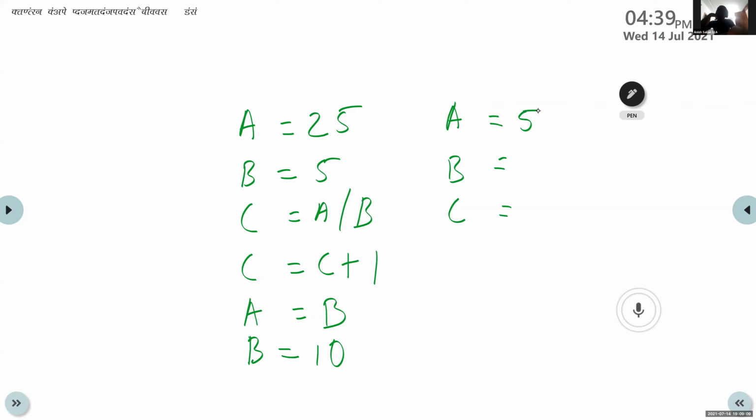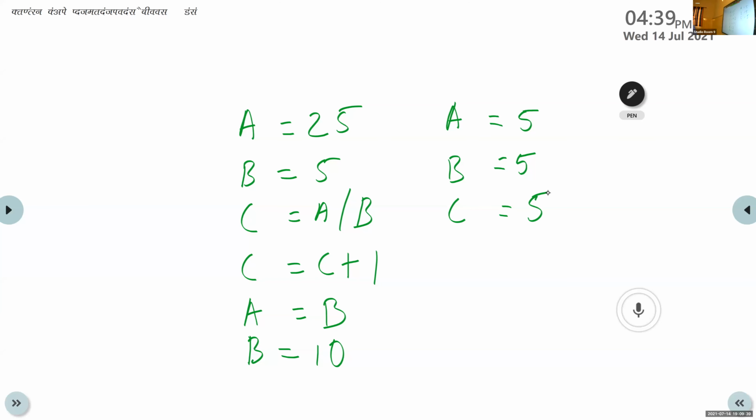Yes. Okay. Sahan, what is C? Yes, ma'am. What is the value for C? Ma'am, 5. Again 5. I want to check all these answers.